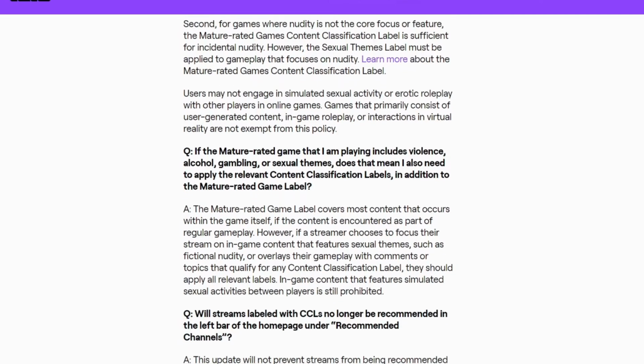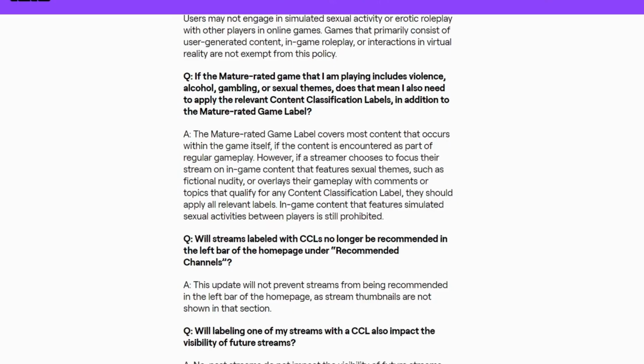Question: what happens if I do not use a content classification label? Answer: our sexual themes content classification guidelines describe